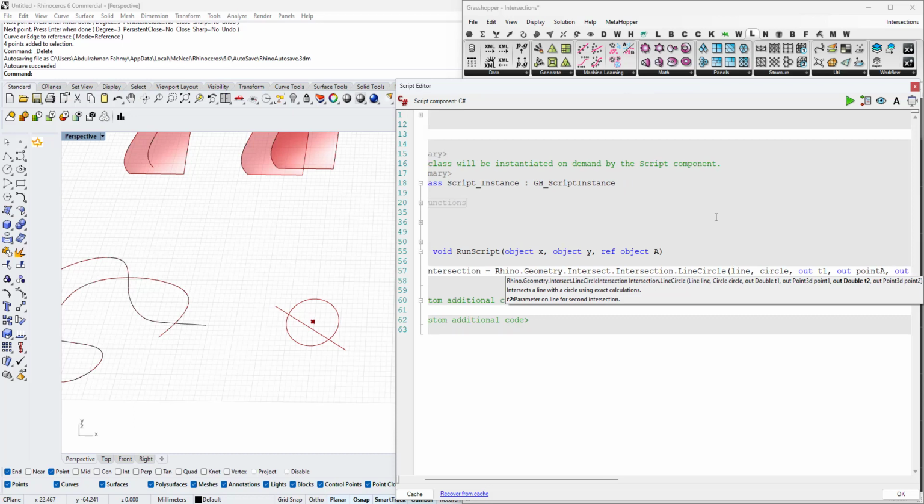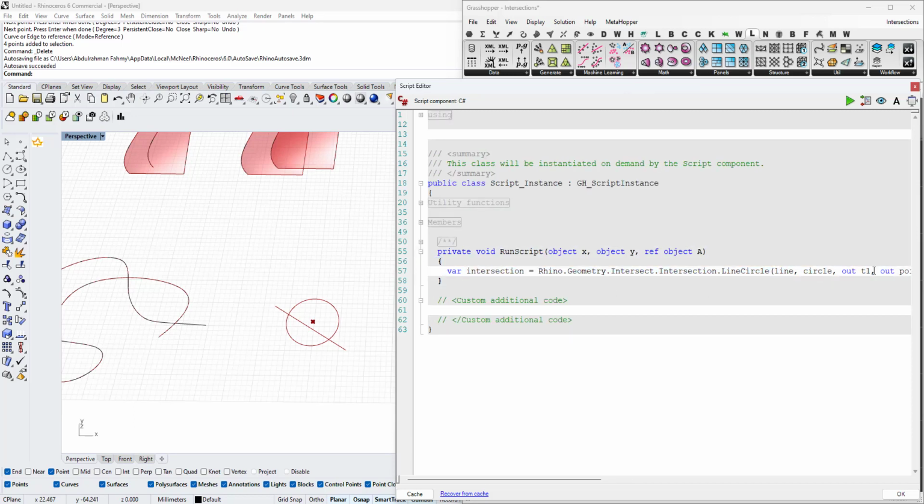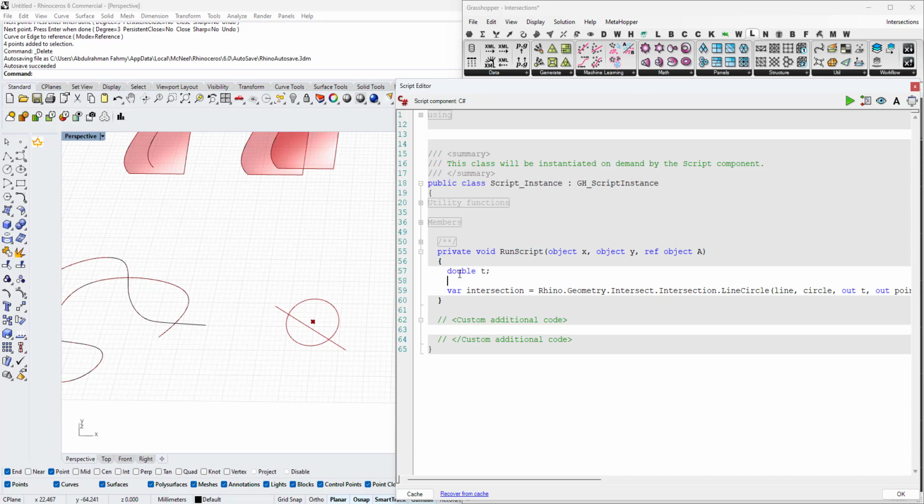That's of course in case the line intersects with a circle in 2 points, so in our case, yes, and this will be called point B. And here we can just output T, and T is a double, which is a parameter, and we'll leave this empty, and we're